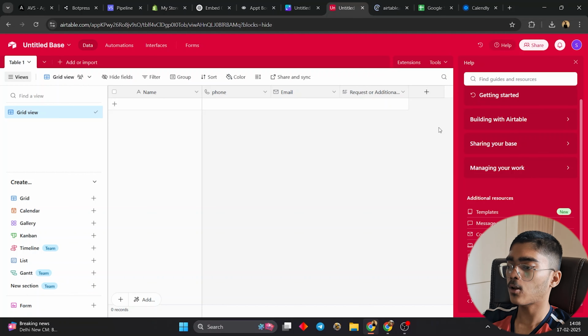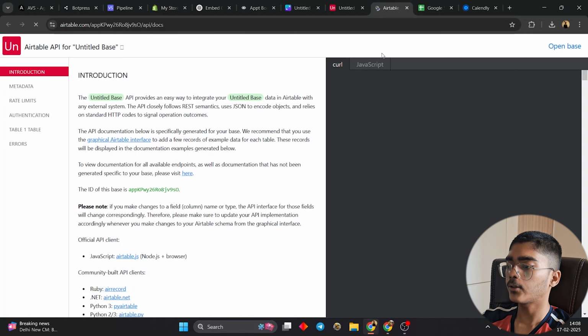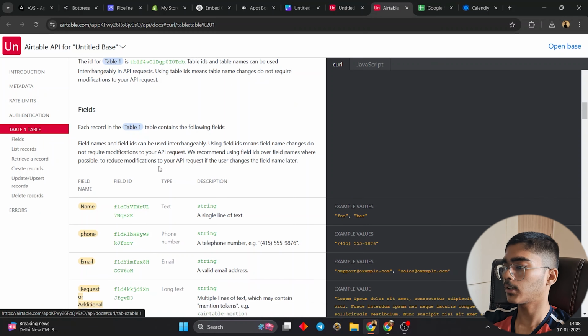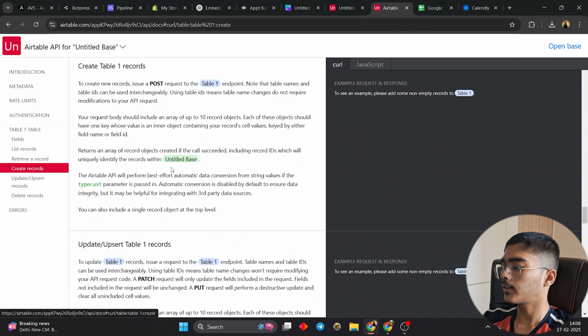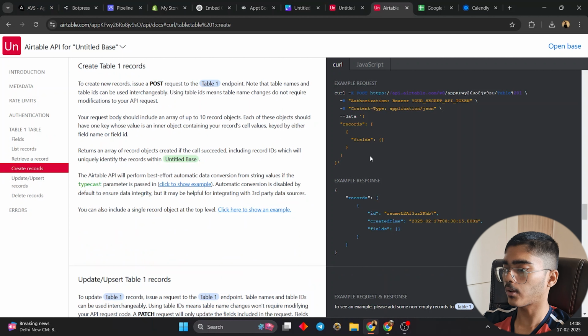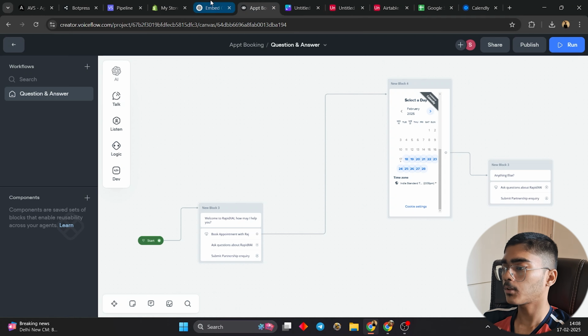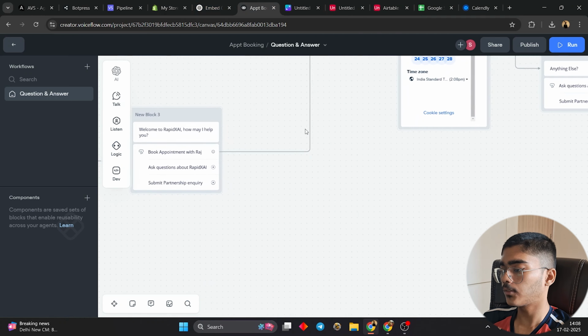Go to the API documentations, and I need to check what's table 1. Create a record. Please add some records. I'll add a record. Okay. You good now? Yeah, you're good. Okay. So as it says, first we need a post URL. So now I'll show you the magic of APIs. First of all,